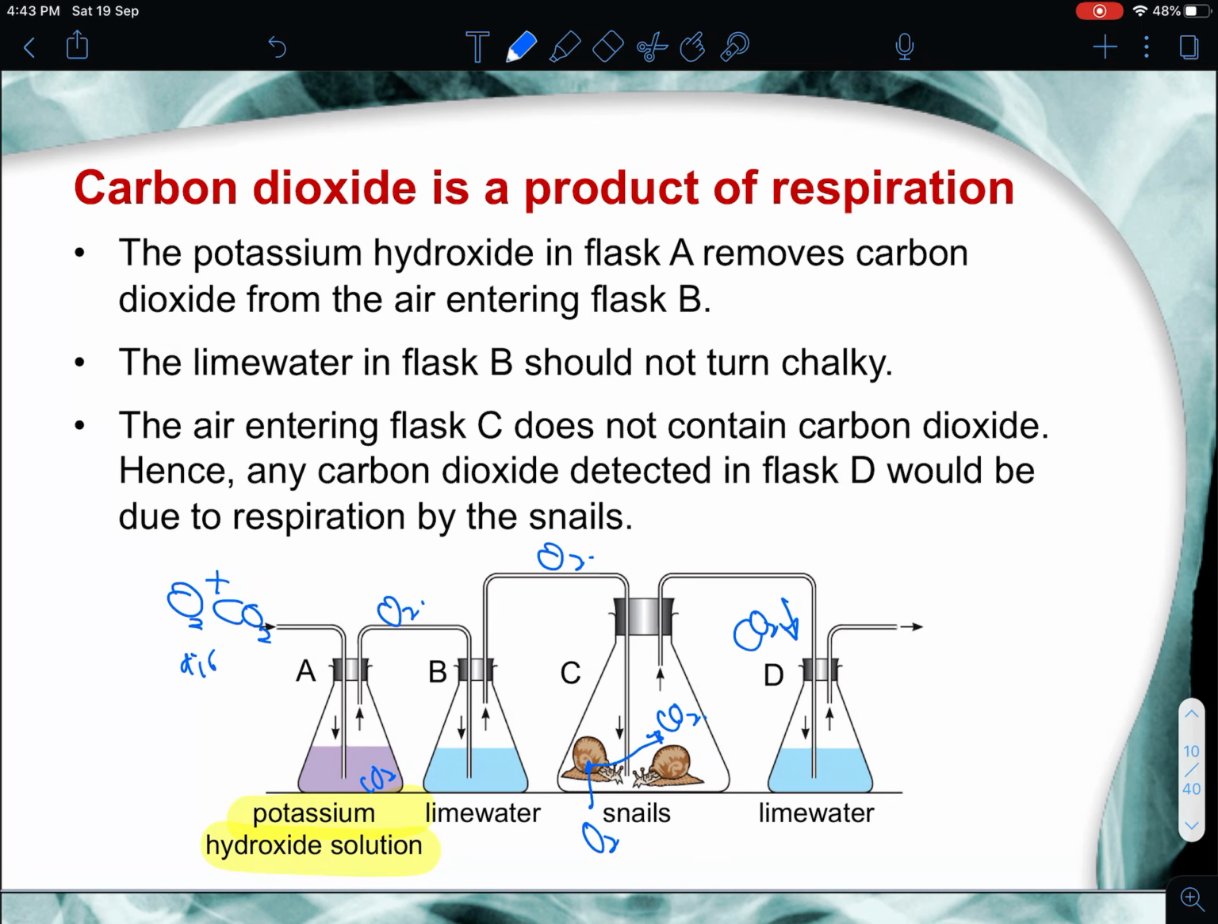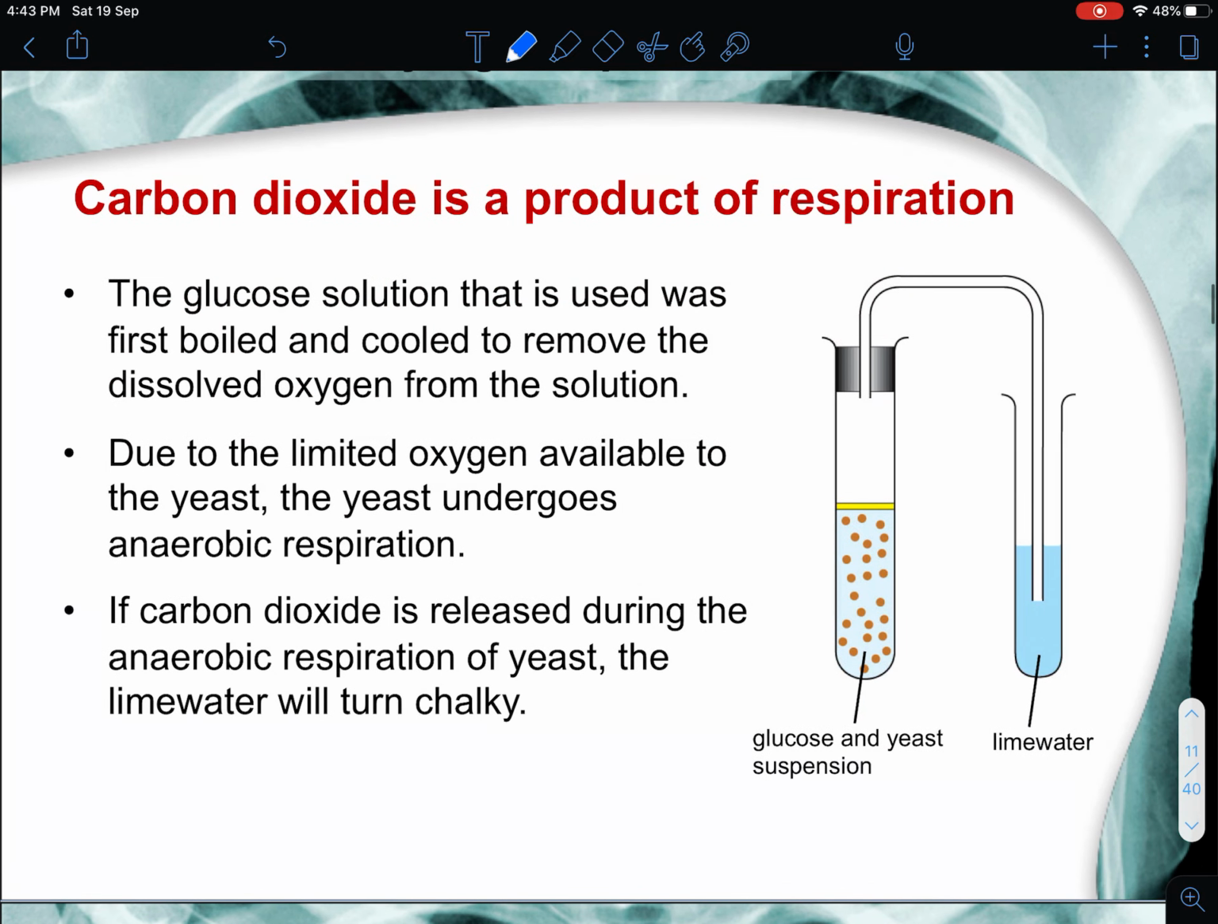If, let's say, respiration did not occur, lime water at D will also remain clear, and it shouldn't turn at all. Another example is this one, whereby we use glucose and yeast in the process of fermentation, and this is to mainly show anaerobic respiration, where carbon dioxide is a product of anaerobic respiration as well. So the glucose that is used was first boiled and cooled to remove the dissolved oxygen from the solution. This can come out as a question